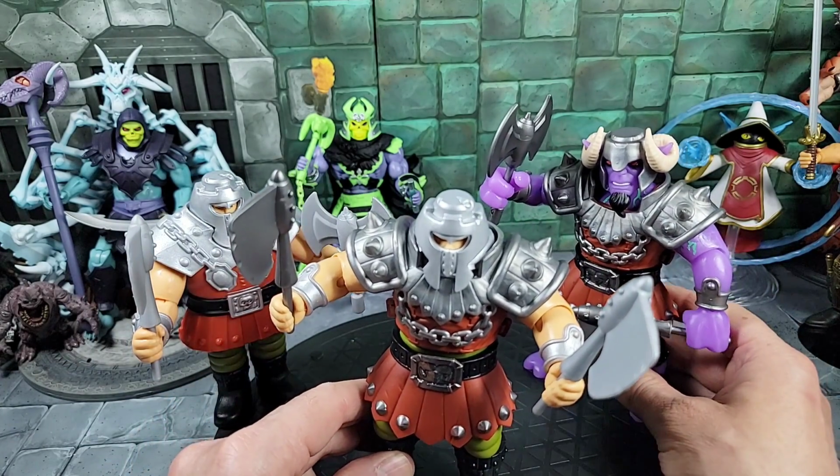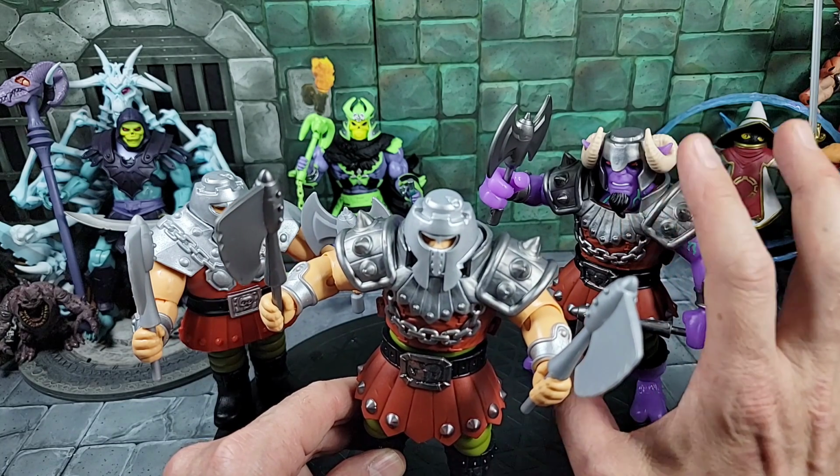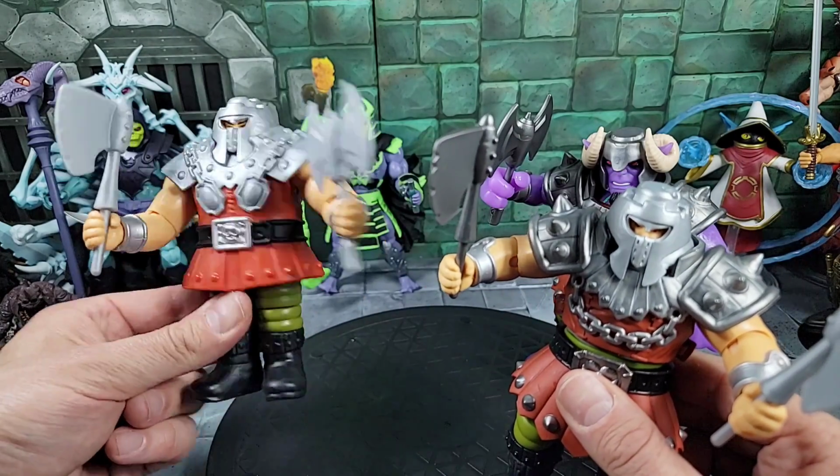So, I got a loose... So I already reviewed this guy, it's pretty cool, but I picked up another loose one on eBay, the mutated Ram Man, and then, of course, a loose, like, broken...